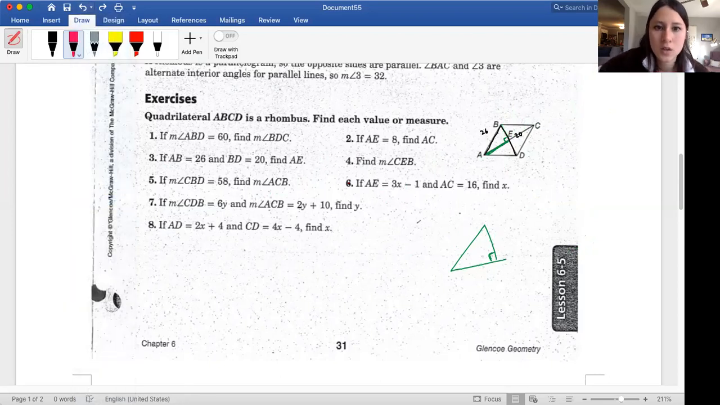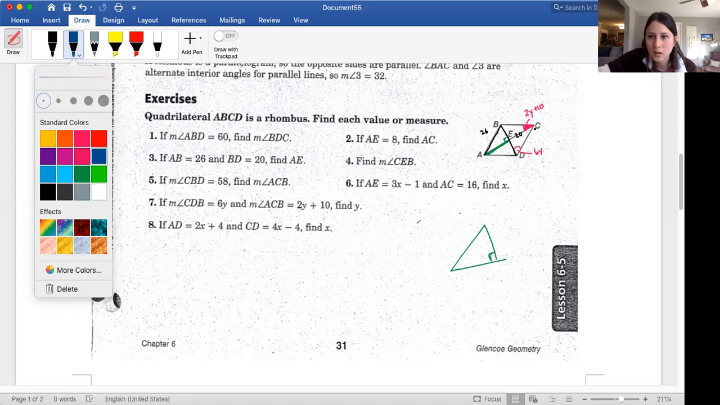All right. So let me label this. CDB is right here. That is 6y. ACB, that's right here. That's 2y plus 10. And we're trying to find y. We're trying to look for this. Okay, so if I know that this part here is 2y plus 10, if I use a darker color,